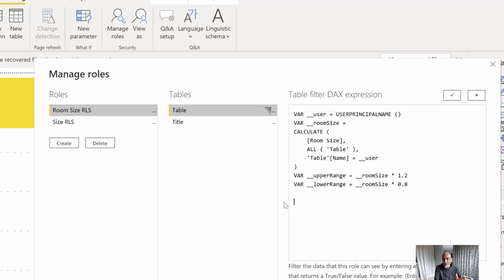So now we got the 80% and 120% of the user room size. That gave us the range. And now let's check which rooms fit in that range. So let's call it row level security. So what we're going to do here is,